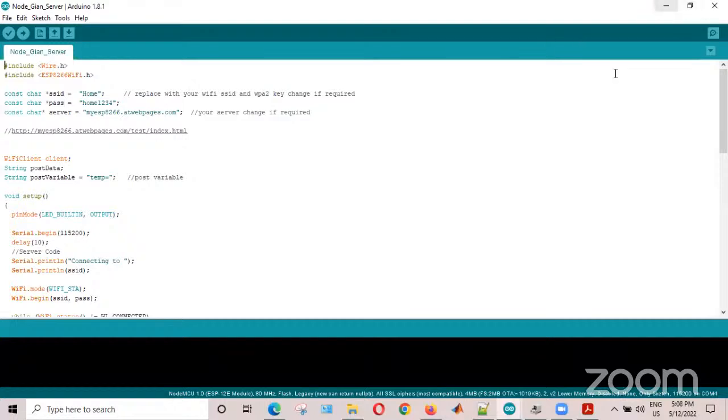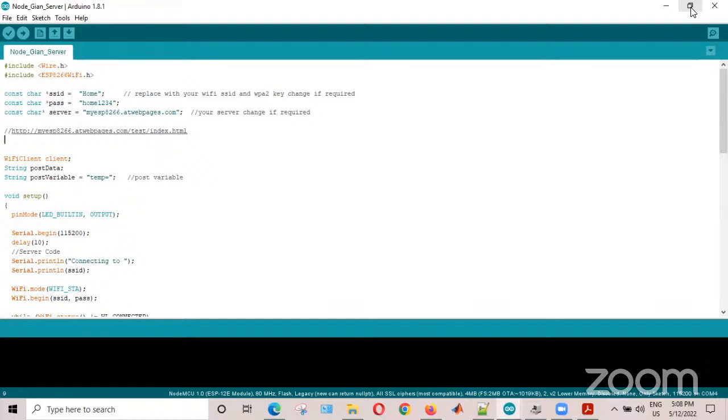So I have made my own server. There are many free services present which let us create our own web page. So I have used one of those free services, and what my Node MCU is doing is reading the temperature and humidity data. Now I don't have a temperature and humidity sensor right now. So what I am doing is generating that temperature and humidity data randomly,